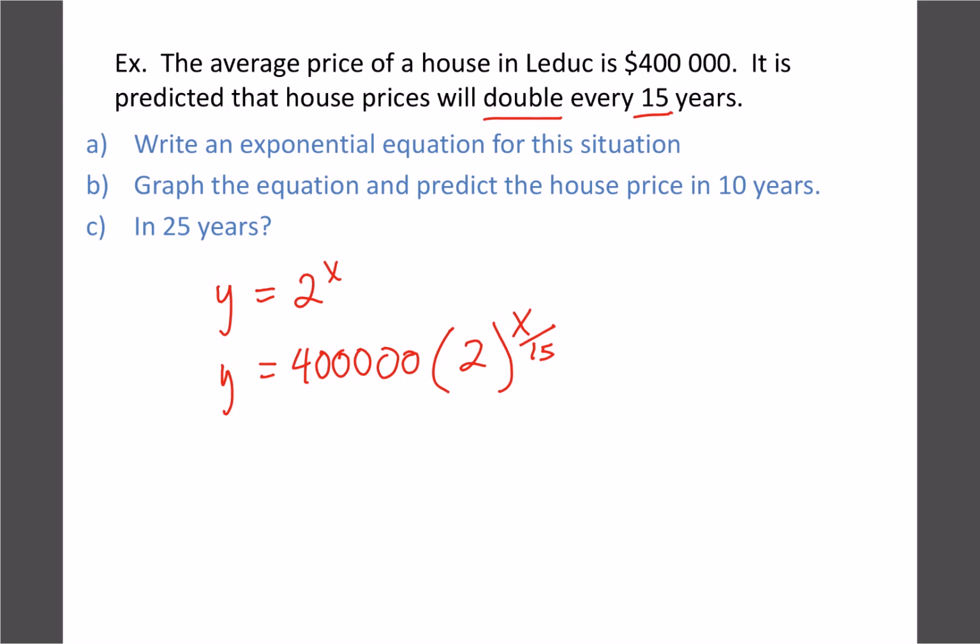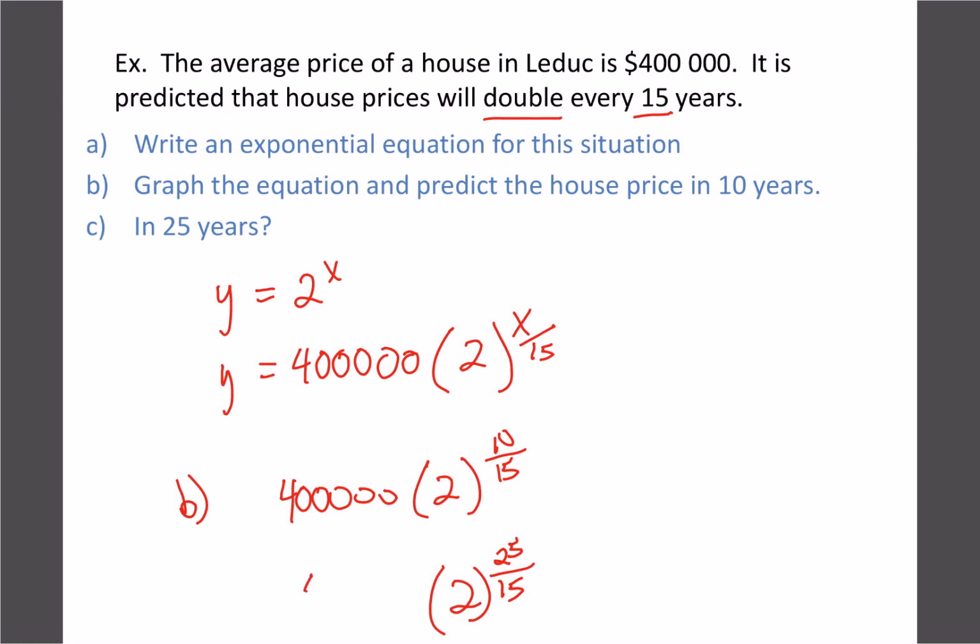So now for question B, it says, what would your house price be in 10 years? So off your graph, or you could just plug a 10 in for the x value. So 2, 10 to the 15, figure out what that is. And if you wanted 25 years, just put in the 25 over 15 and you're done. So we could figure those out pretty easily. Like I said, you could do it from your graph, or it's probably easier and quicker just to type them in directly. So if we did 400,000 times 2 to the power of 10 over 15, that gives us a